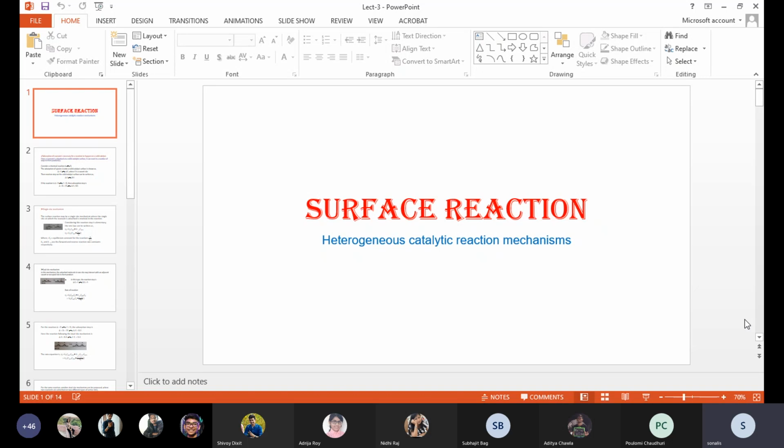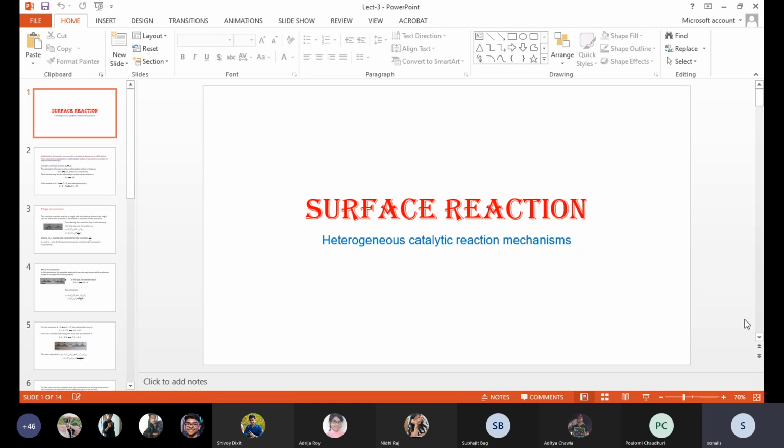Fourth one was the chemical reaction, which is actually surface reaction, we can say. Then after the reaction, product is formed on the surface sites only, on the active sites only, and that product has to leave the site to get mixed with the bulk phase. So the fifth step is the desorption of the product from the active site.